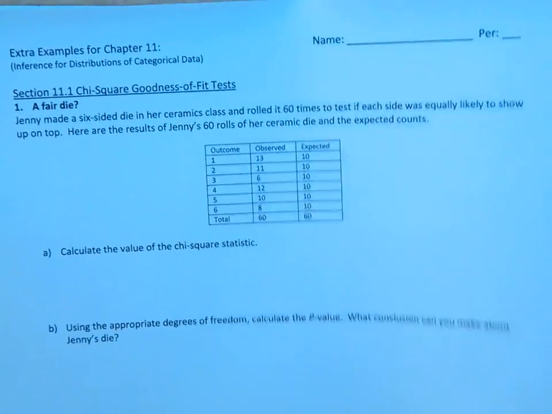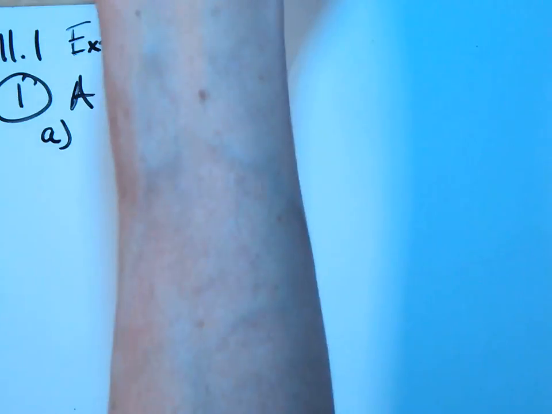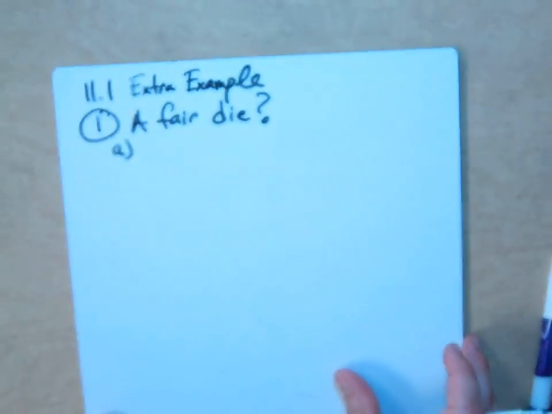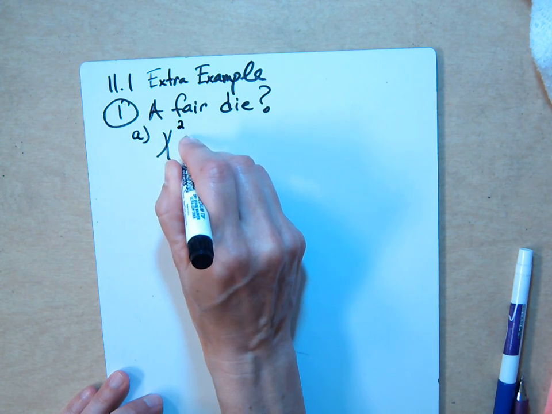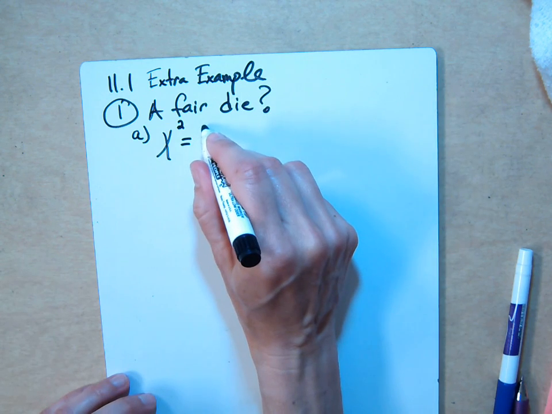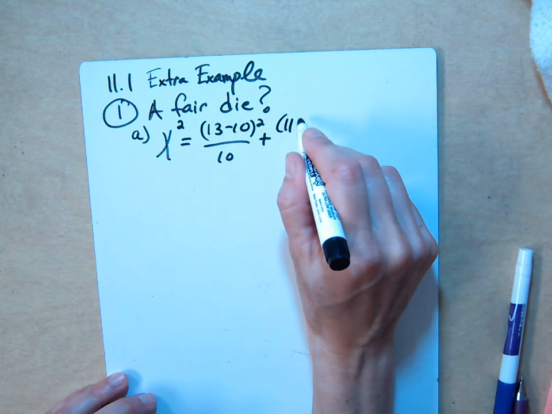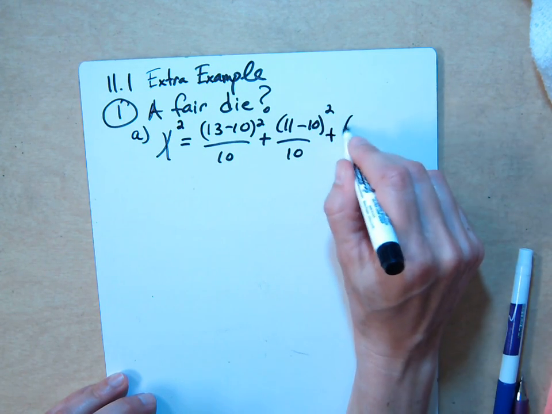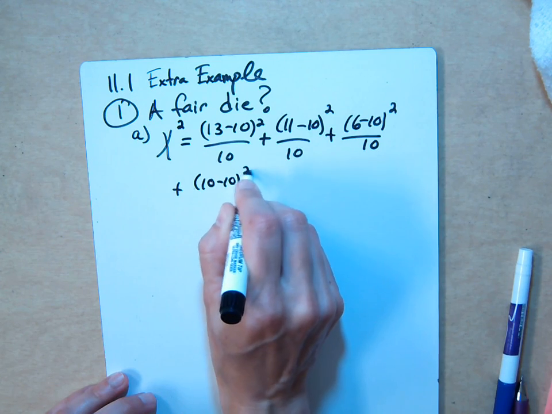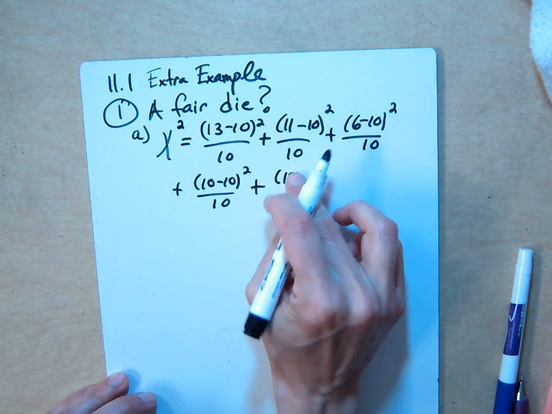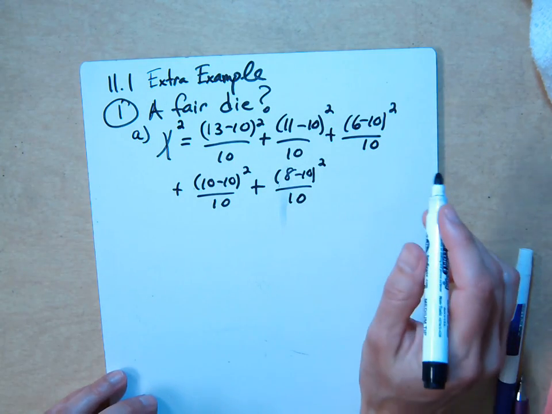Alright, so for part A, chi-squared statistic, we would do this. Chi-squared equals, and we're already given the expected, so we just do 13 minus 10 squared over 10 plus 11 observed, 10 expected squared over 10 plus 6 minus 10 squared over 10 plus 10 minus 10 squared over 10 plus 8 minus 10 squared over 10. That's how we would show all of it, and that gives us,